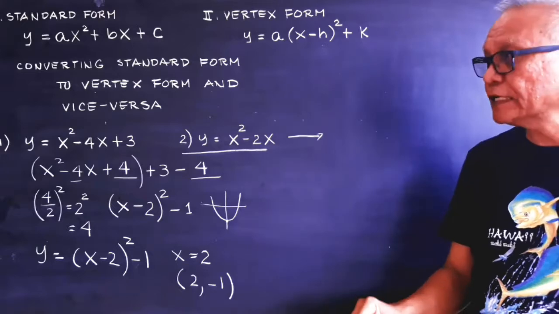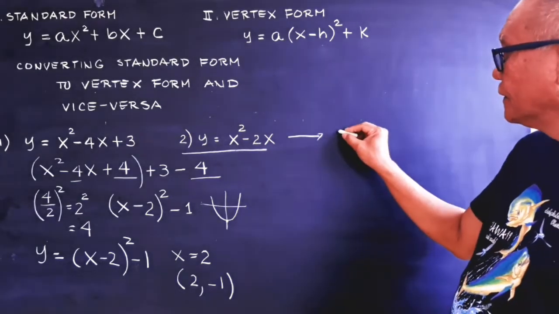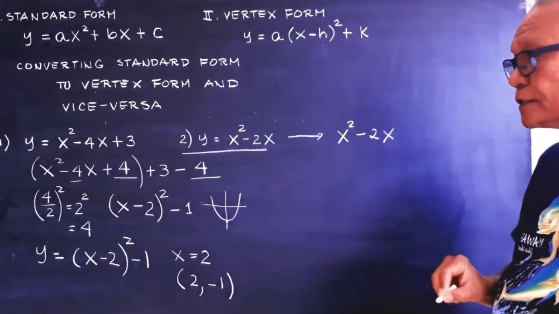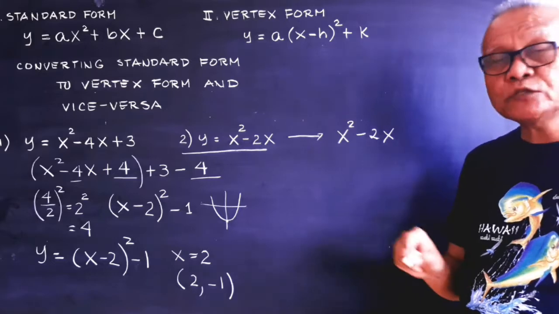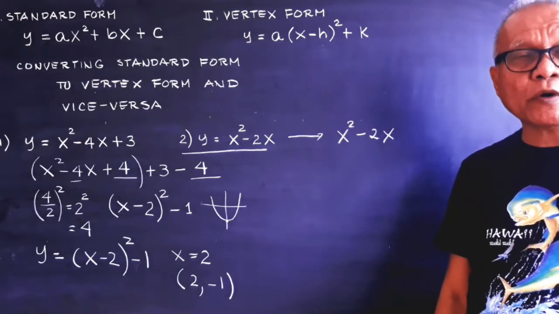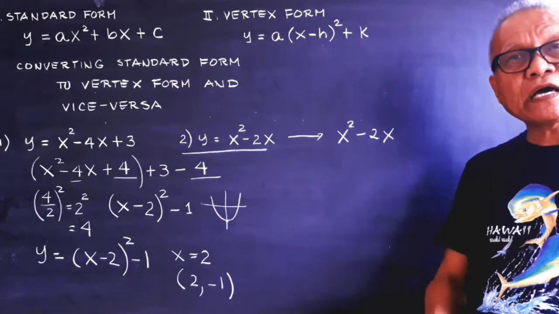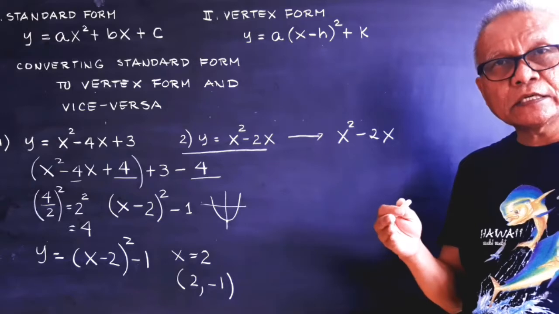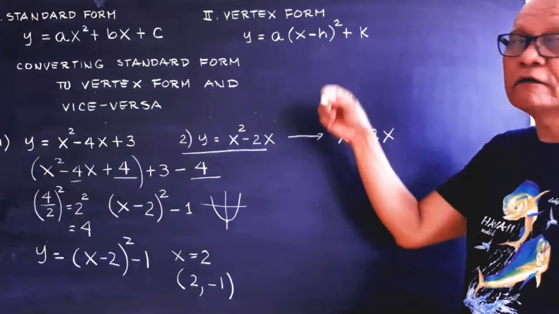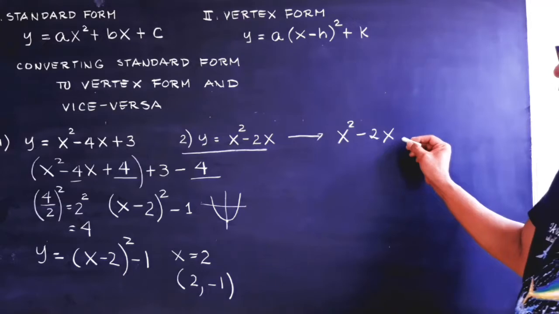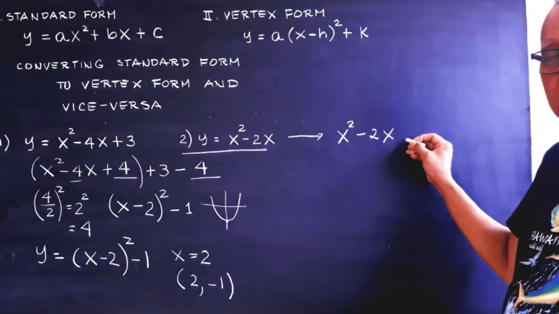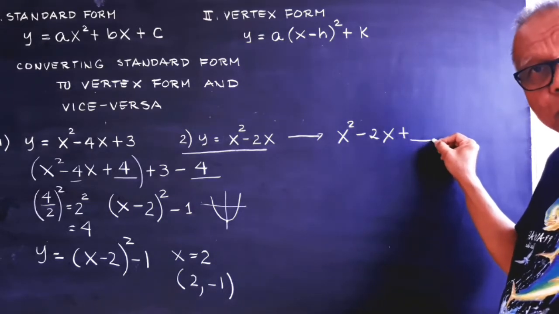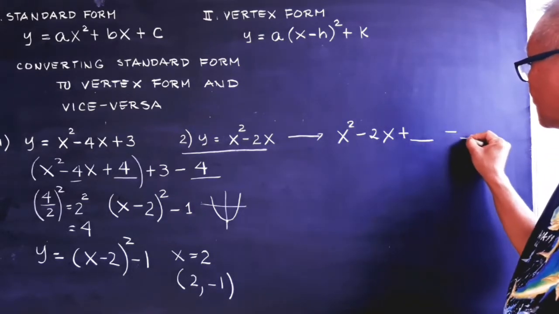Okay, let's have this one, class. So let's have x squared minus 2x, and we are going to make this one a perfect square trinomial. Why are we making it a perfect square trinomial? So that when we factor it, we will have a square of a binomial. So we will make this one a perfect trinomial. So we are going to add something here, and we need to subtract that something here also so that